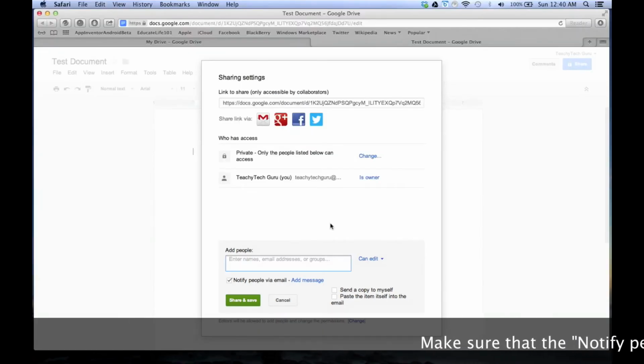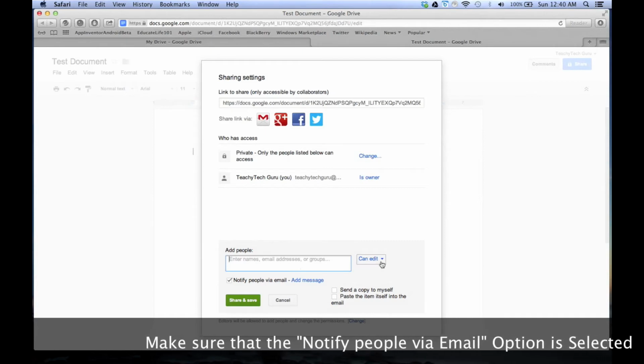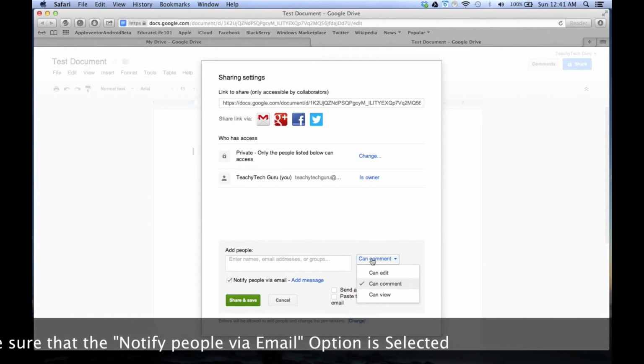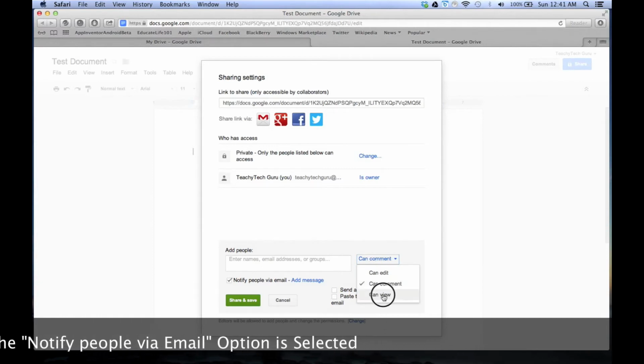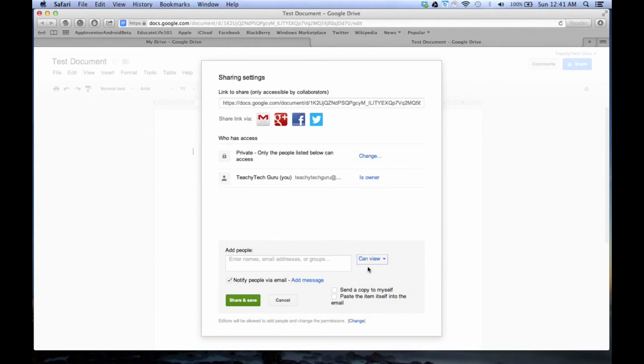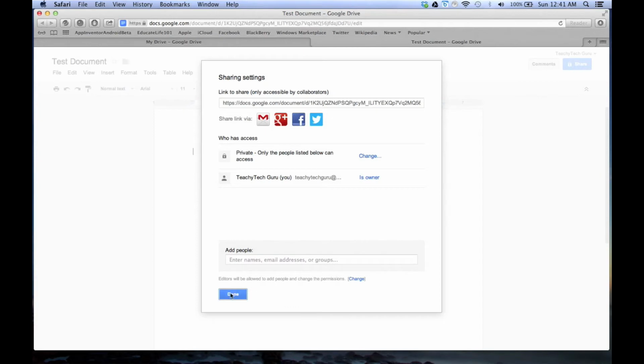But when you click share and save, it's gonna notify all the people whose email address you have entered into this box here. And yes, you can edit. You can even tell them that you can comment on it, or if you don't trust these guys and you can trust some, then you can tell them that they can only view it. Now, if you want to have different settings like who can edit, who can view, and who can comment, then enter the email addresses separately and select the setting you have to do. And that's pretty much it for